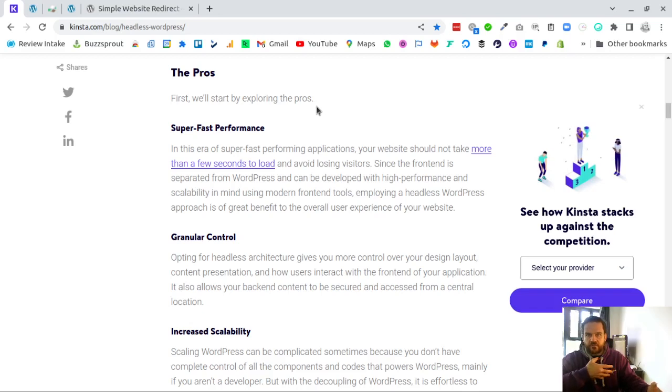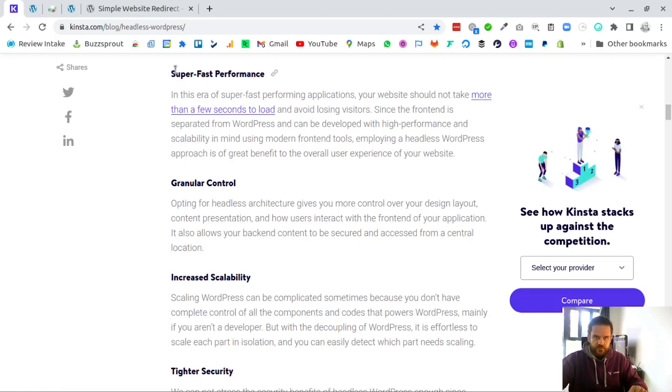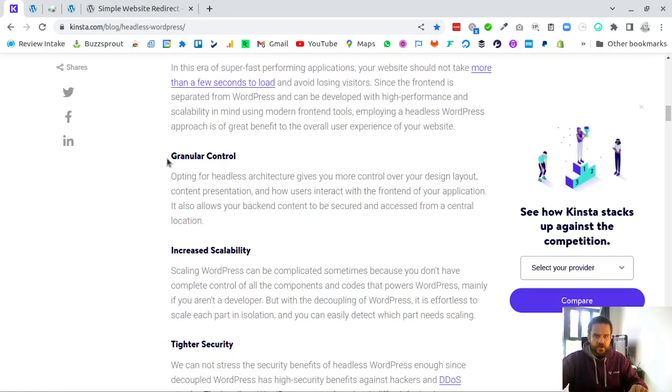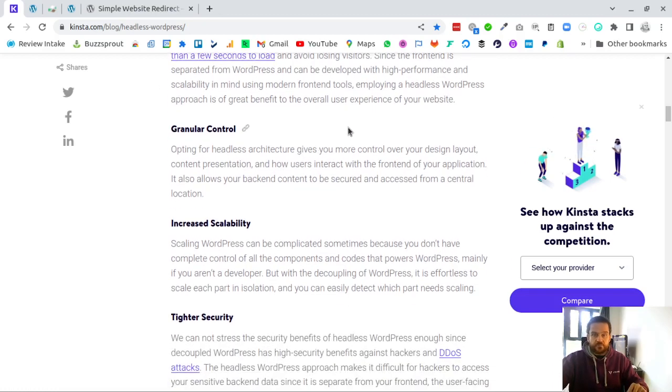And one of those things means that you're not carrying all of that bulk that WordPress will generally carry in a theme. So this kind of links to the next point, granular control. This means you've got full control over the front end. You're not hamstrung by plugins and backend restrictions and theme restrictions and page builders and all that kind of thing. You can code everything exactly the way you want it using whatever front end framework you want. You can use